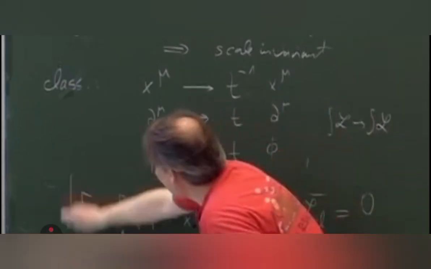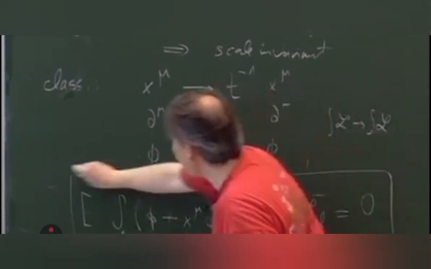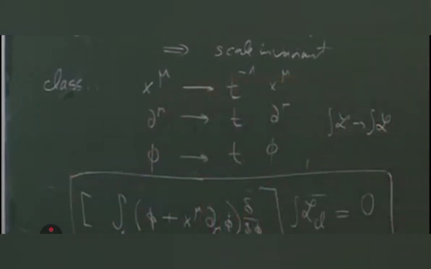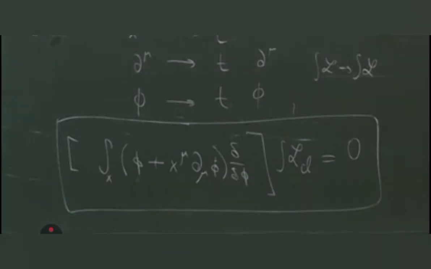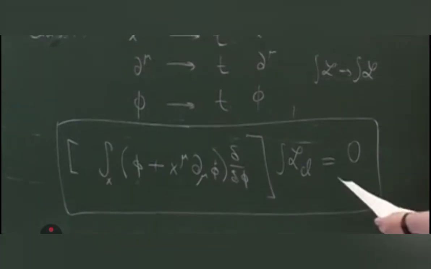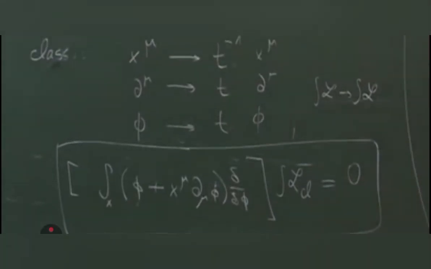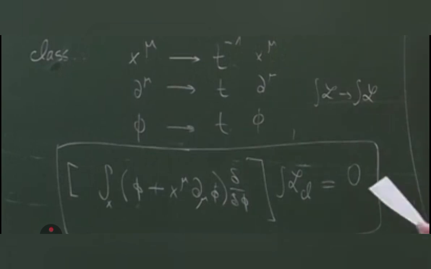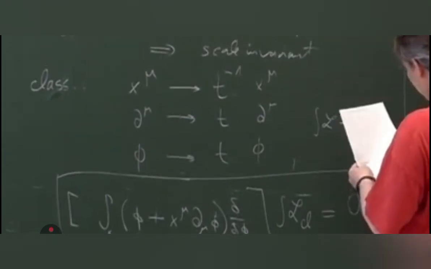So, this is a differential equation which on the classical level holds and which means scale invariance of the classical theory. And now let us see whether this same equation is valid on the quantum level. And the answer is it is not. Namely, on the quantum level,